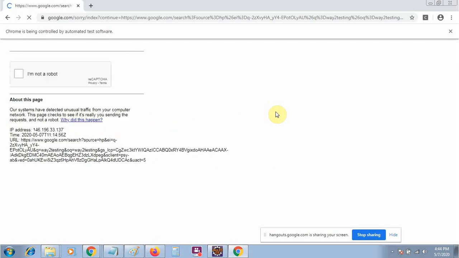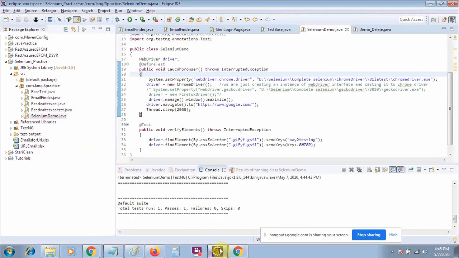You can see it has pressed the enter key. But since I am using automation, it is asking me to prove I am not a human being. So this is the main way that you can press the enter key. For the robot key, I will tell you in the next class. It's enough for today. Just practice this kind of scenario: scroll up to an element and put some value, then click on this value, enter some value, then scroll to the other element.